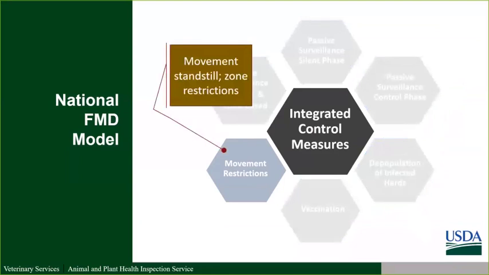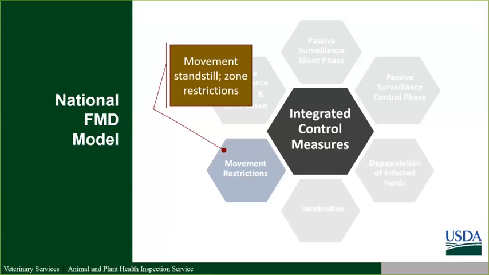Looking through these individually, for movement restrictions, we're able to model both state or nationwide level movement standstills after foot and mouth disease is detected. We can also model movement restrictions within control zones, both for animal and indirect movement, such as milk trucks. We can vary those, and doing so allows us to use the model based on what the secure food supply plans have in place, such as allowing the movement of secure milk in some instances. For the current modeling examples I will show, we've been modeling the 72-hour movement standstill after detection.